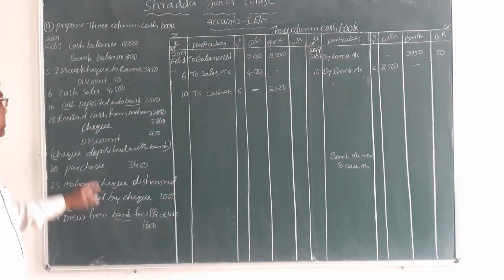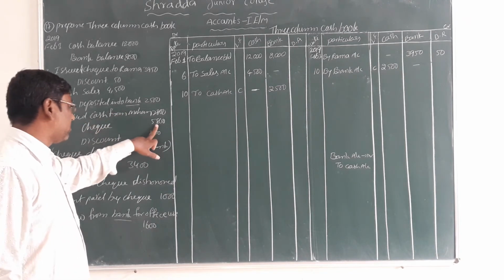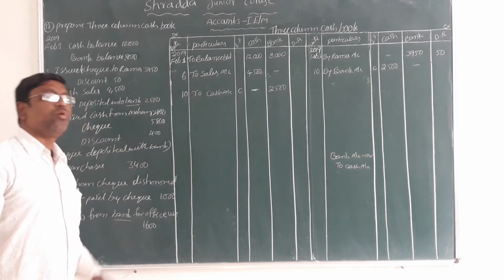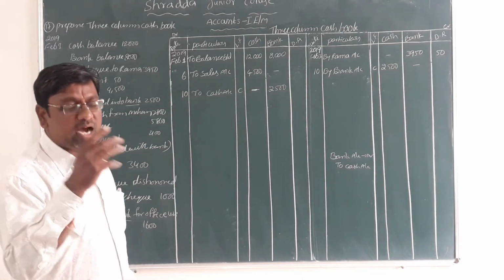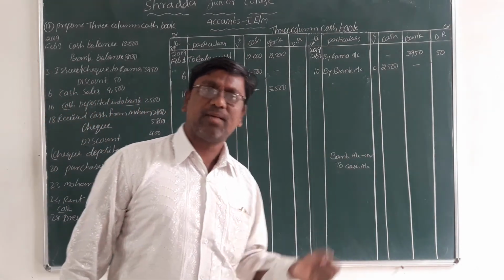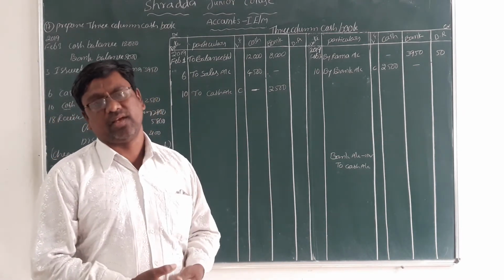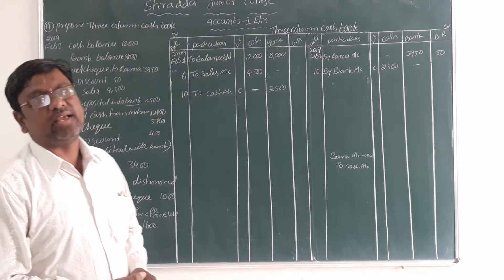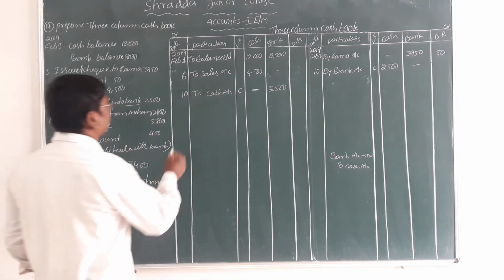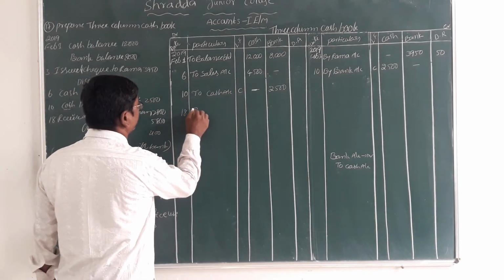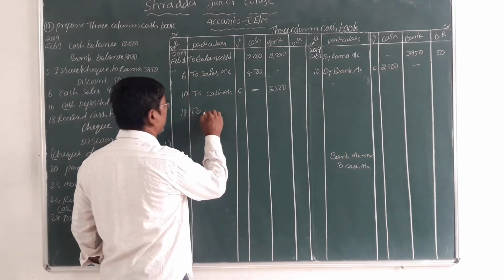Okay now. That's why first of all we write clearly: received cash from Mohan and check 5,800, discount 400 rupees. So what do we receive here? We receive cash and we also receive a check. Cash comes into the business, the check is received in the bank here. All is receiving. Check is receiving and cash is receiving. That's why we record it on which side? Debit side. How do we record it? 18th date, To. Who is the giver there? Mohan is the giver. That's why to Mohan account.